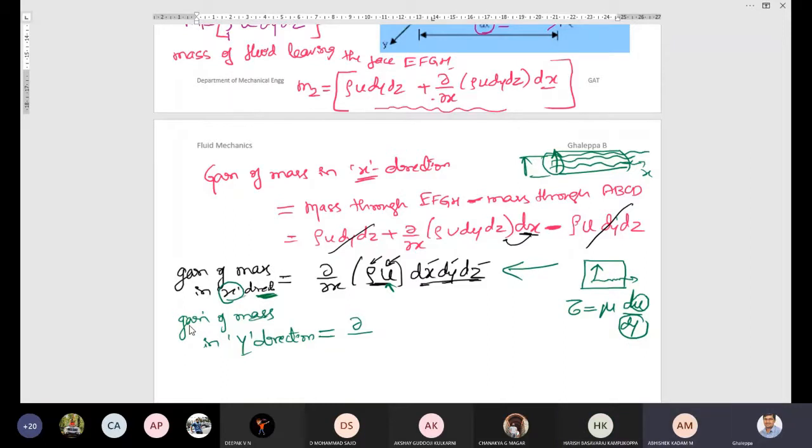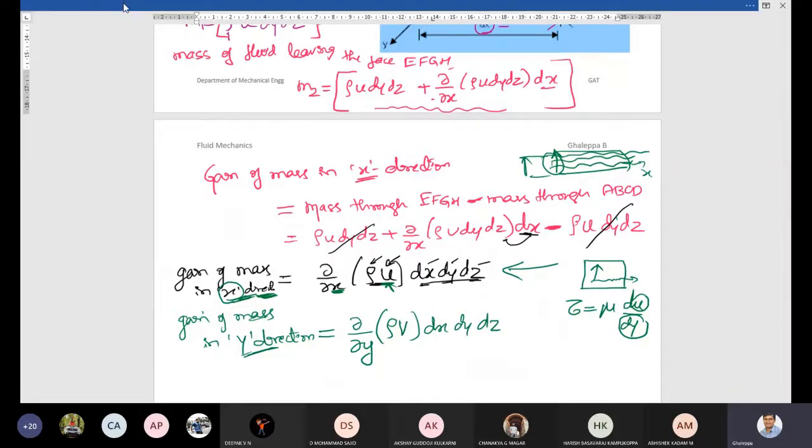So here x direction is there. I have taken x, and velocity in x direction is u. Now I am writing the expression for y direction, and the velocity in y direction is v. Correct or not? So dou by dou y, because you are considering y direction, into rho, the same density. As of now we are assuming it is only one single fluid, rho. What is the velocity in y direction? V. The dx dy dz will remain the same because we have taken 3-dimensional.